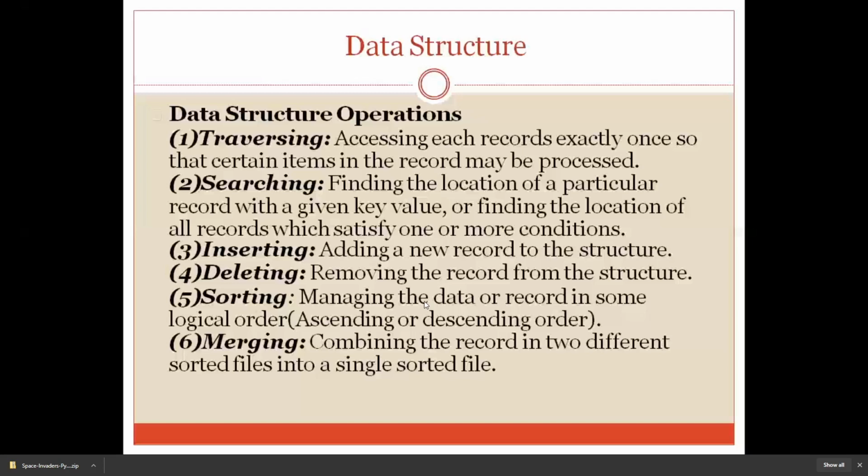That is nothing but searching a particular element in the given data structure to check whether it is present or not. Second, you can check at what location it is present, because you don't know whether the data structure is arranged in a sequential or a random manner. So depending upon this, you have to find out whether the element is present or not, and if it is, then what is